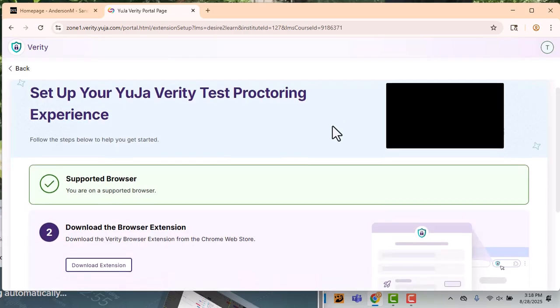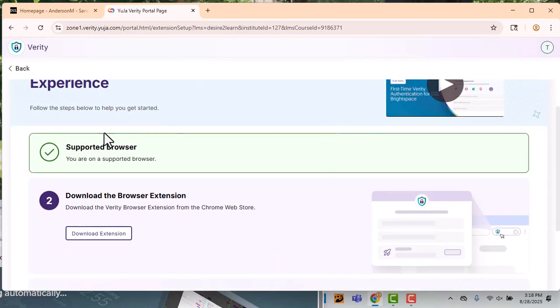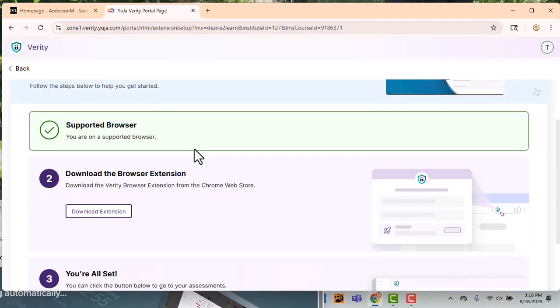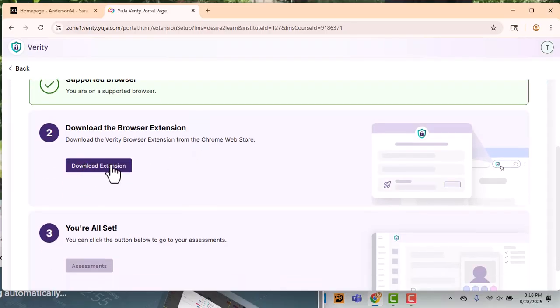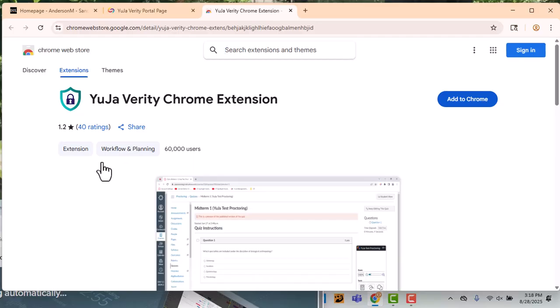When this window opens, ensure that you are using a supported browser. The green check mark indicates that you are. Directly below, click on the Download Extension button. That will activate the Chrome Web Store, where you can click on the blue Add to Chrome button